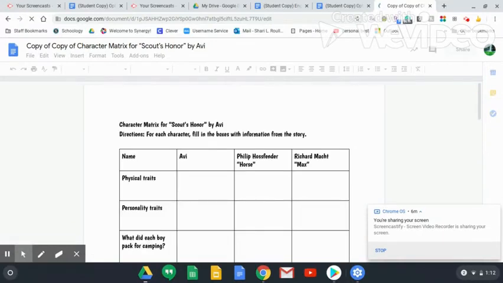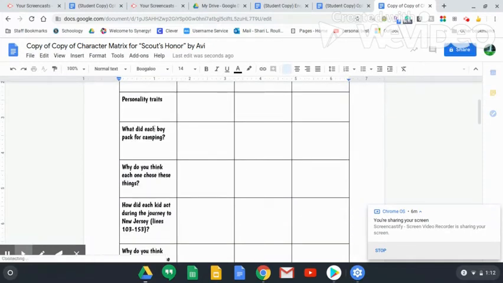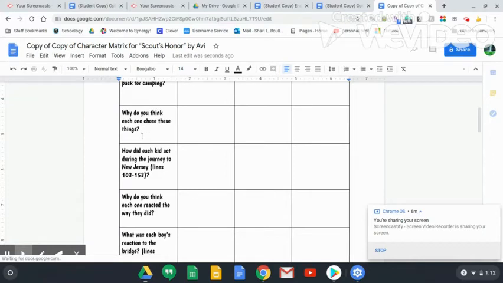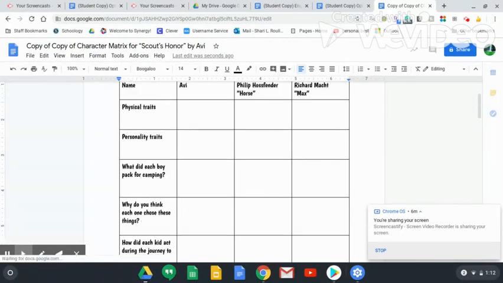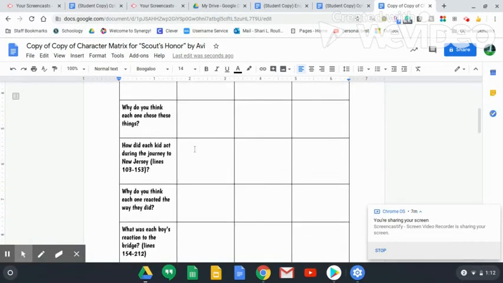Directions. For each character, fill in the boxes with information from the story. Notice, similar to the Cornell notes that you did last week, on the left are topics like personality traits, physical traits, or why do you think each chose these things? There could be questions. How did each kid act during the journey? Why do you think each one chose those things that they brought for the trip? Go all the way from top to bottom,